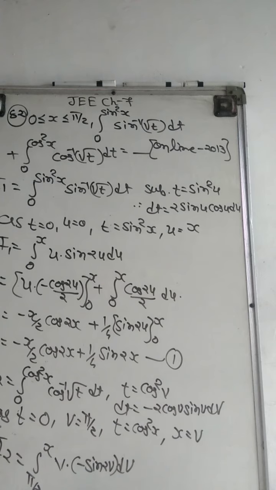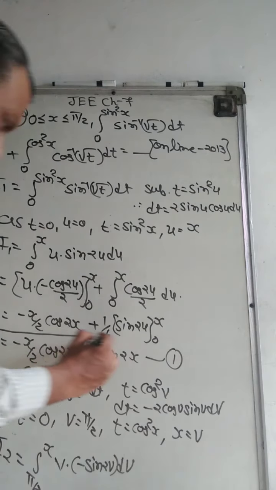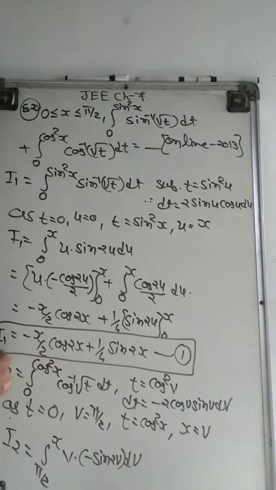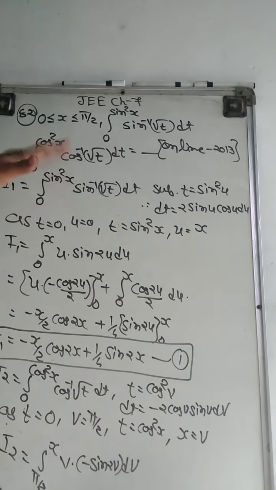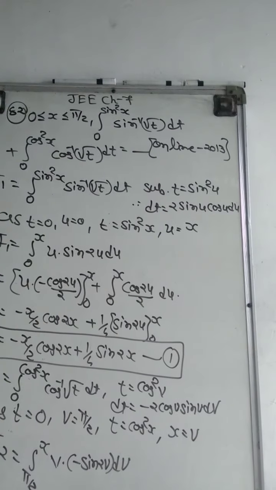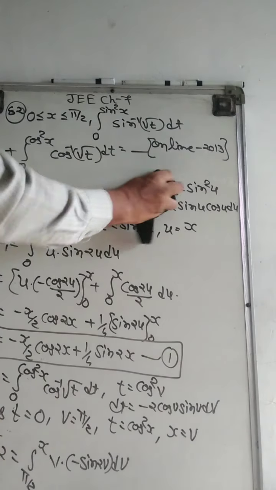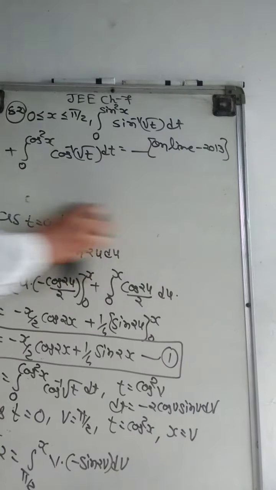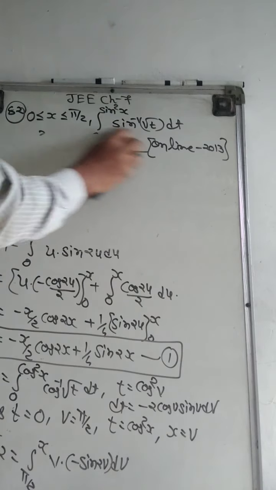Okay, now here we want to simplify, so first I remove this I1. The answer of I1 is here. I just make a box around this I1. Okay, and now all these terms I remove because the place is quite small, and then we want to take I1 plus I2, so here I remove this also.